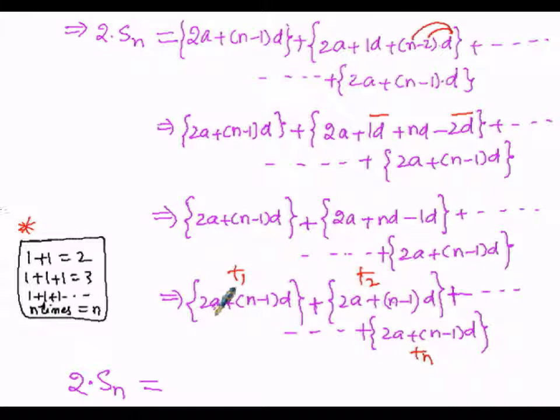So here 2a plus (n minus 1) into d, 2a plus (n minus 1) into d is 2 times 2a plus (n minus 1) into d, but n times it is added up. So here n times this bracket, because n number of times the similar bracket is added up. So here therefore n into the same bracket. Then now let us transpose the 2 to the right hand side, multiplication becomes division on the other hand. So the 2 becomes divided by 2, and we will be getting n by 2 into 2a plus (n minus 1) into d as Sn.